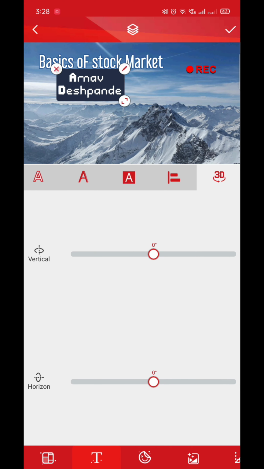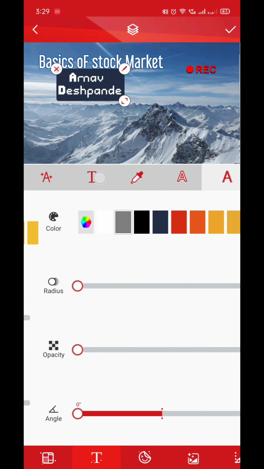And even there is one more setting of 3D text, that it will rotate the text theme, and it can rotate up to 75 degrees or minus 75 degrees, that is 75 to the right side or left side. On creating birthday banners or some posters, this is a good feature. And even horizontal or vertical, in the vertical axis also you can change it. And these were all about text editing.